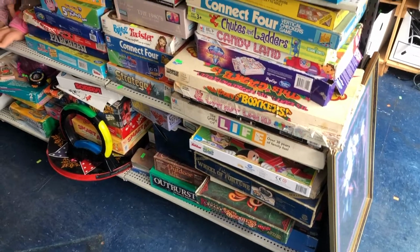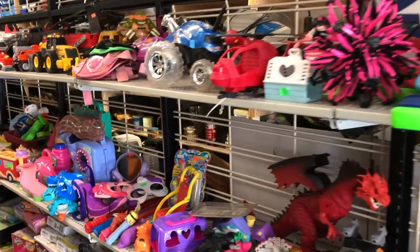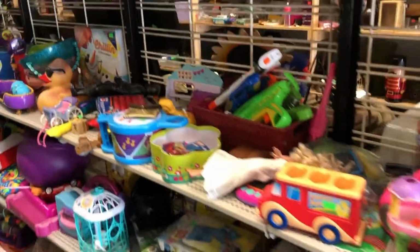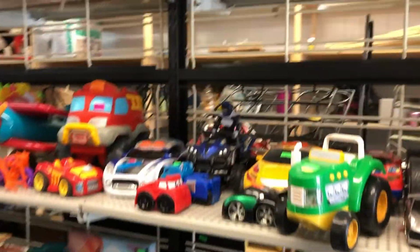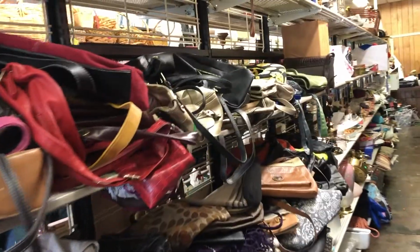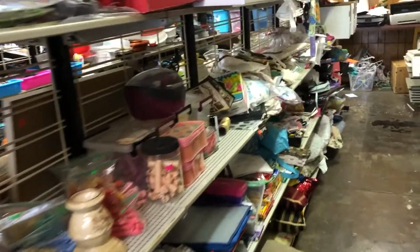A bunch of games, some of them a little bit older. Toys and some of these newer. Again, a lot of stuff. It's packed up. There's a bunch of shelves, and from the ground to almost the ceiling, there's a lot of stuff. You look up, you look down, you see that weird monkey purses and things like that. So decent place with one of those things where you hope you'll kind of turn something over and find something